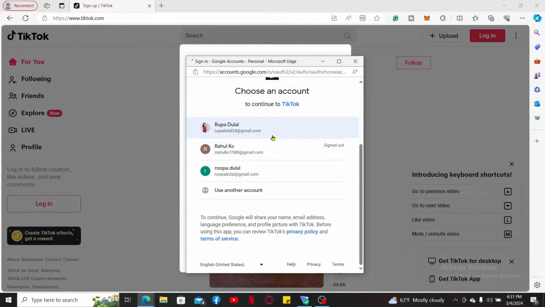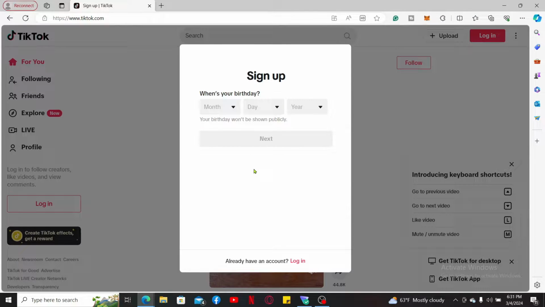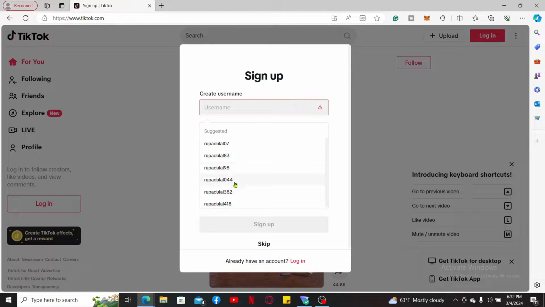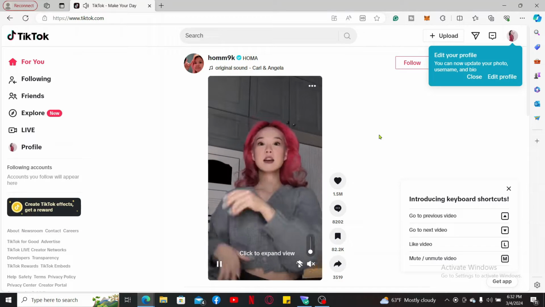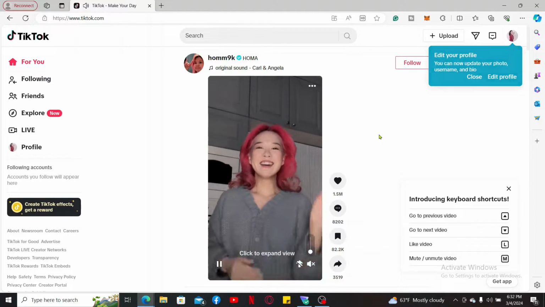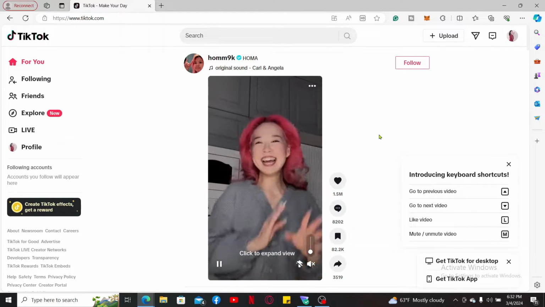Choose your account you would like to log in or sign up with. Now, you will need to provide your birthday information. Type in your birthday month, year, and day and click on Next. Create a username for yourself and click on Sign Up. Once you are done with it, you will then end up in the main homepage for TikTok, which means you